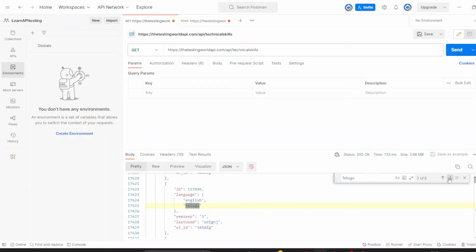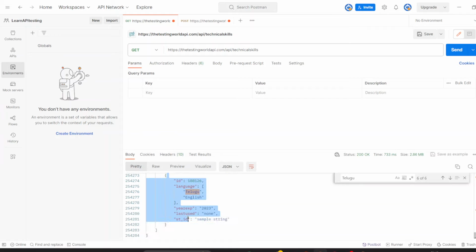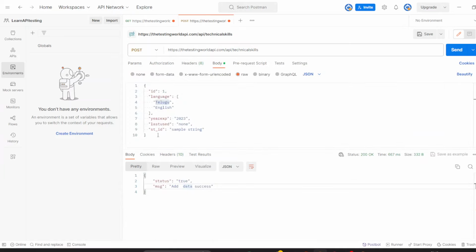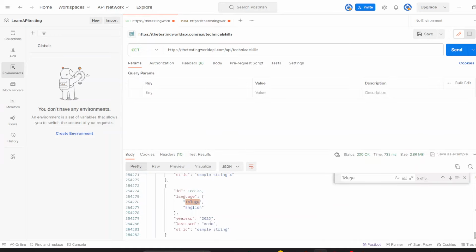This is not, this is not, see, this is the data which got added. So this is the ID which is generated by the system, so we need not take care about this. And the language I have added is Telugu, English, 2023, none, sample string. So in this way we can access,